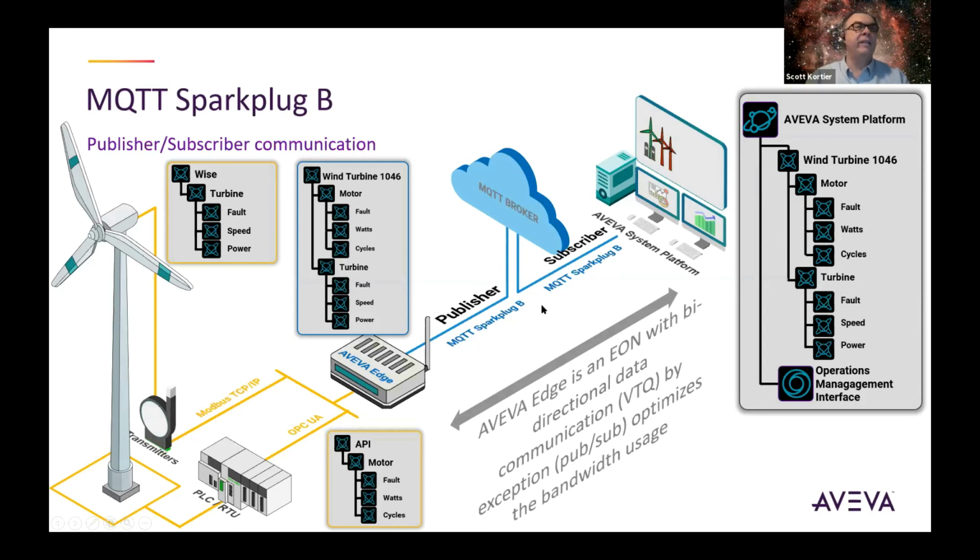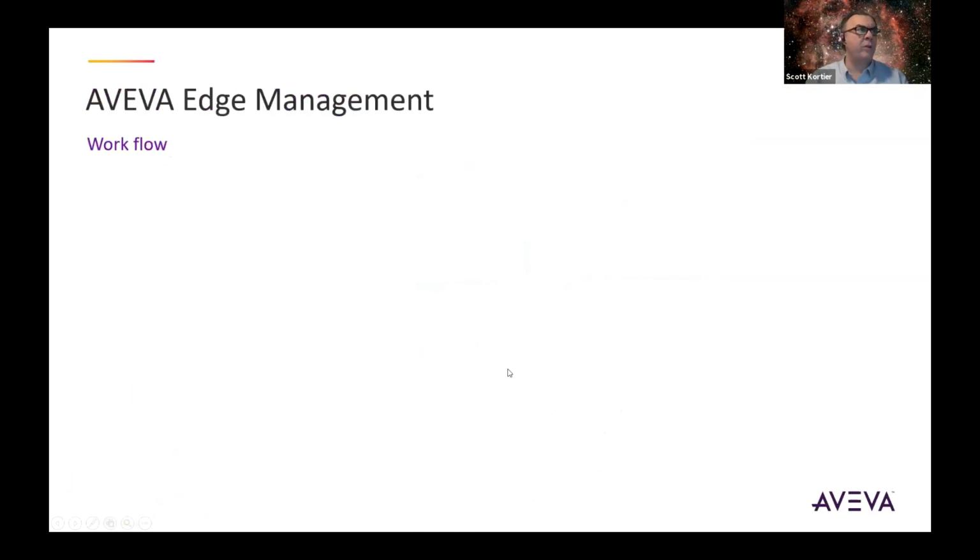This provides a very nice contextualized approach, and MQTT in general is fault tolerant and low bandwidth. I've seen some studies that have been done, especially on high cost, whether it be satellite or radio modem type applications, where they've driven the bandwidth down 90% of what the original bandwidth was. So that can help a lot. But then that data doesn't have to be stuck there. This is bidirectional, so you can get that information out to other devices that need it as well. So nice new technology in there for that Spark-Plug-B.